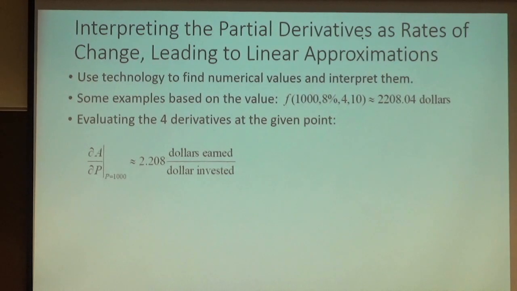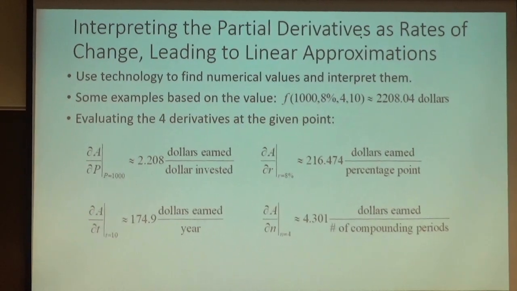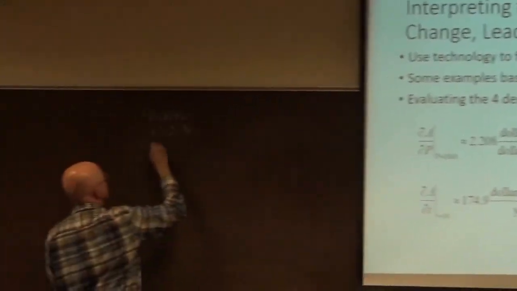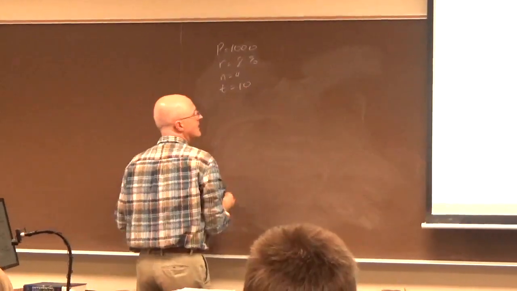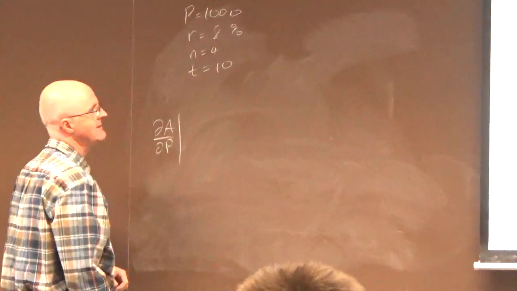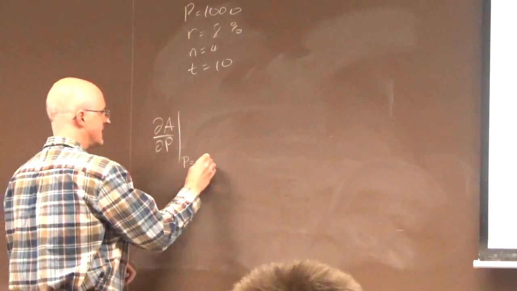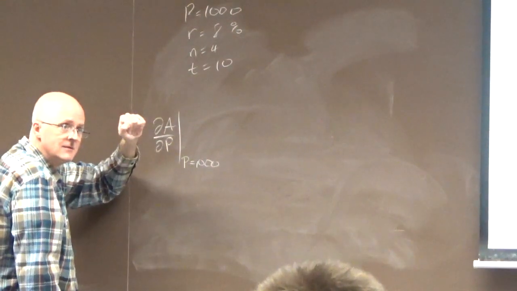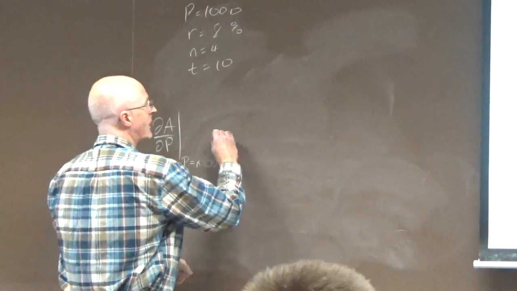So I can have the computer do it, and I will put the Mathematica document in the folder as well. But again, let's just interpret the meaning of these things. That's more important. I probably should keep the numbers up there. P is 1,000. R is 8, N is 4, T is 10. The computer just confirmed the partial of A with respect to P, evaluated at P equals 1,000. It's really also evaluated at these other numbers too, but it gets too messy to show them all. It is about 2.208